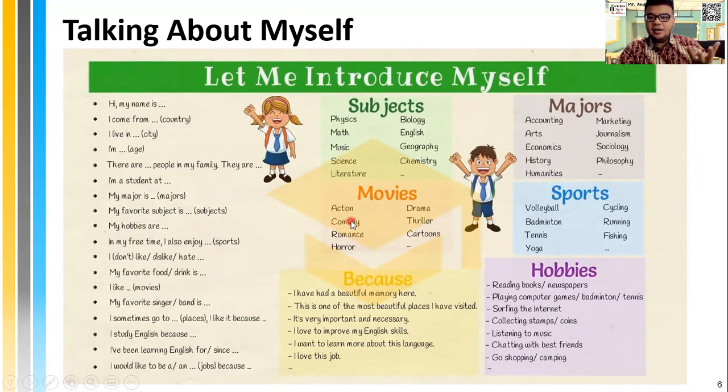My hobbies are watching movies, reading books, and, for example, jogging or playing tennis or playing badminton. I like action movies, horror movies, or drama movies, comedy movies. My favorite singer or band is so many things. There are many things that you can talk about yourself. Or if you're introducing another person, you can also introduce that person too.